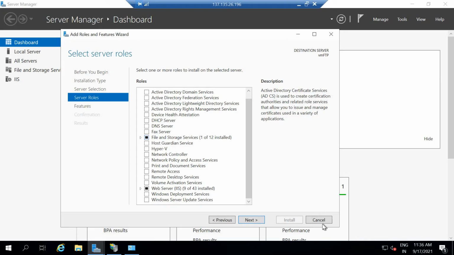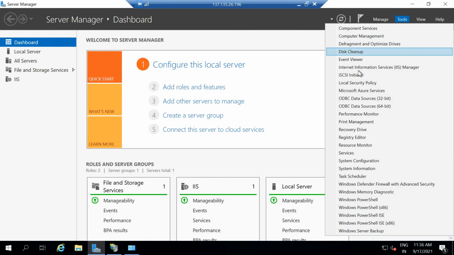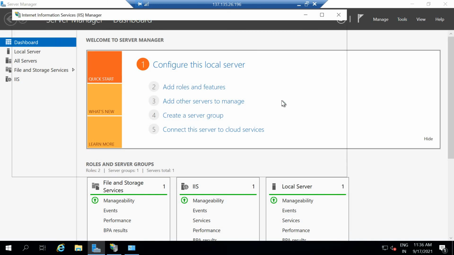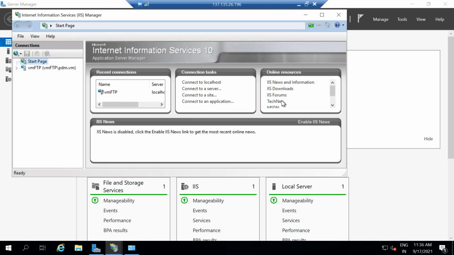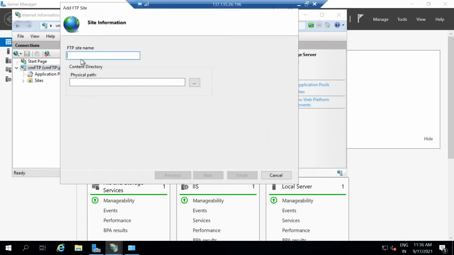Go to our virtual machine again, and go to IIS. Till now we have discussed how to install the FTP server. Now, how to install the FTP site. So how to configure the FTP site? Click on Add FTP Site and give a proper name. I'm going to name it Freya FTP site, and give the physical path from your computer.